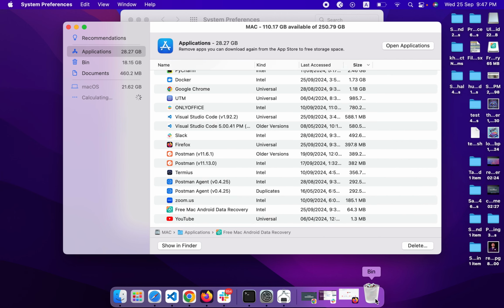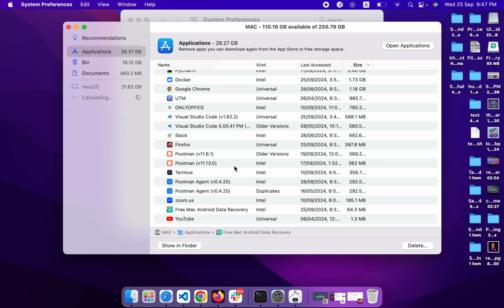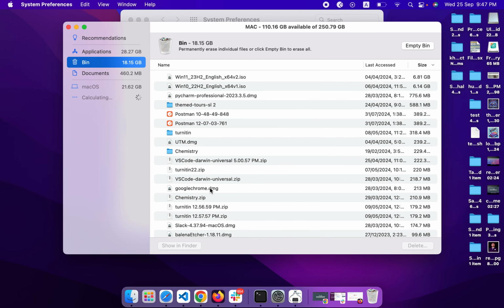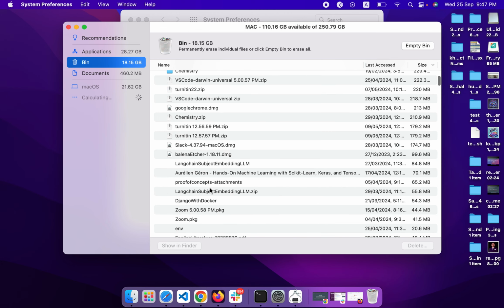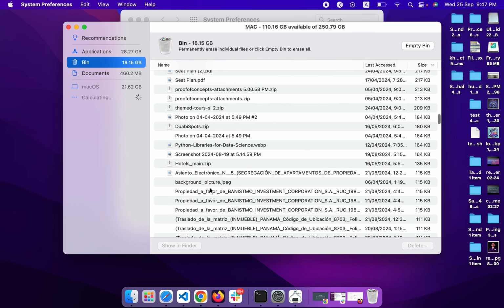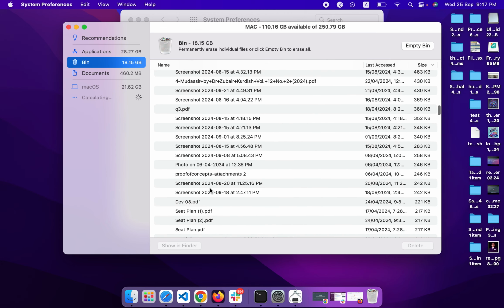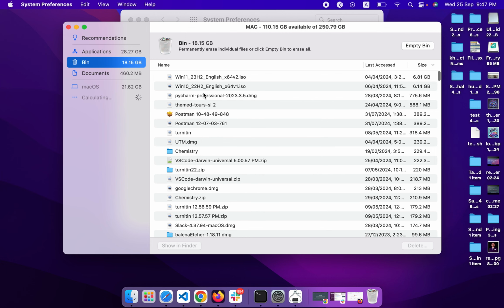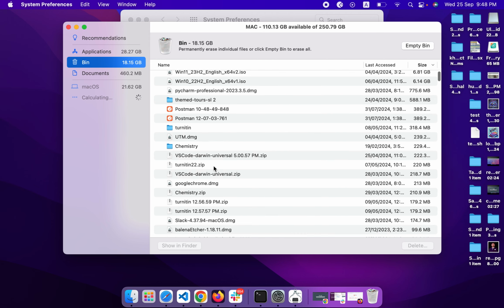So we need to go into the bin, and also we can select the bin from here. When we click the bin from here, we can see all the things are there. We can empty this bin, and then this space is free for us, like 18.15 GB, because it will permanently erase all the files which we cannot recover again on the Mac.